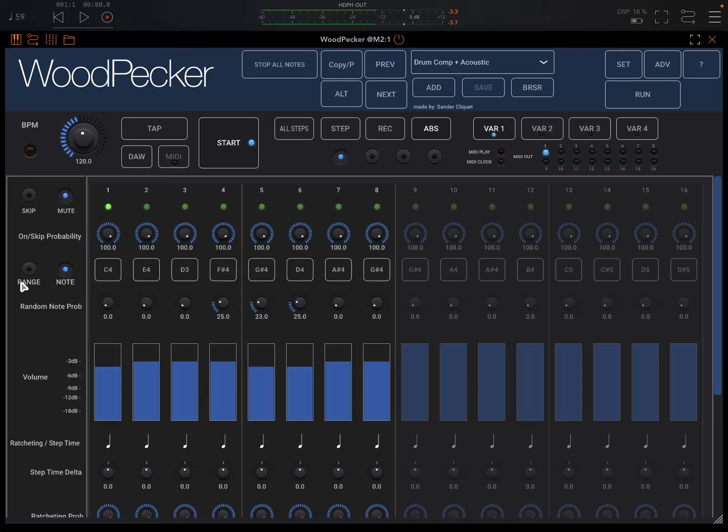This range does not affect the notes here. This is the range that I have, and that is not affected by the range button. The range button is just for the random note probability, how widely they can range around. Then here, we just